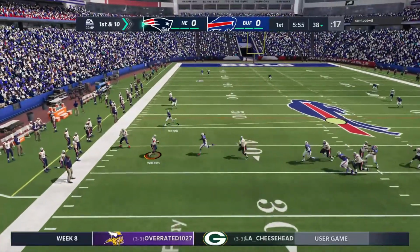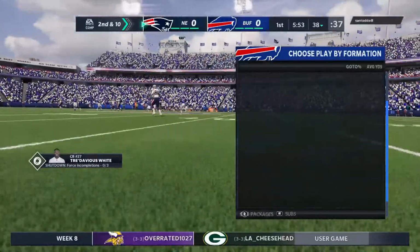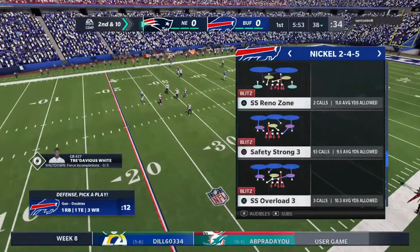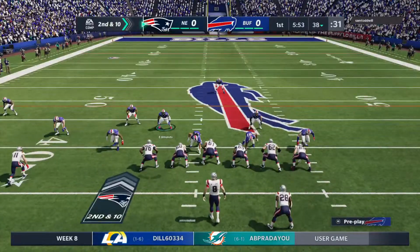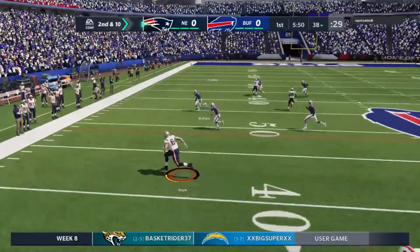On the move to his left. And he was hit as he threw it there, and it forces it incomplete. That was an interesting look there because as soon as he got outside the pocket, I thought he was going to take off and run for yardage. But what often happens now with these quarterbacks who can move, defenses want to try and keep bodies in front of them, and I think that discouraged him from taking off and made him try a pass downfield that fell